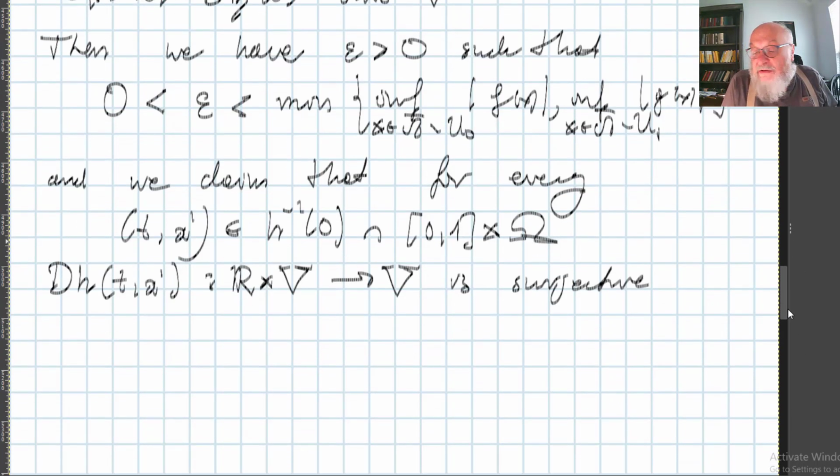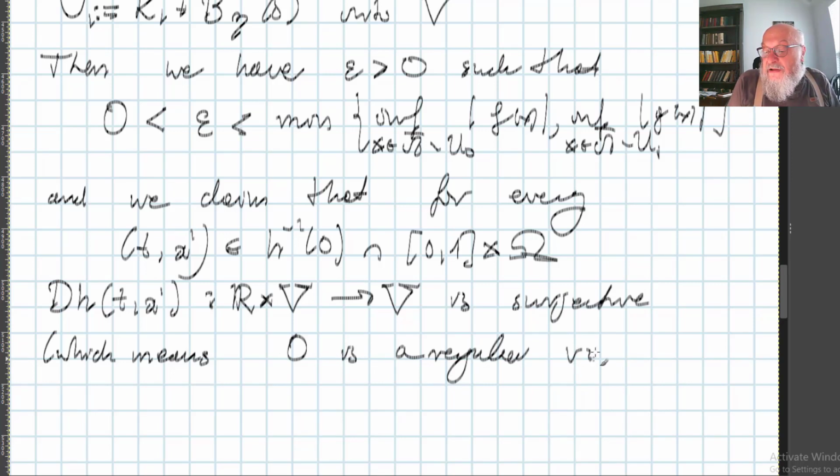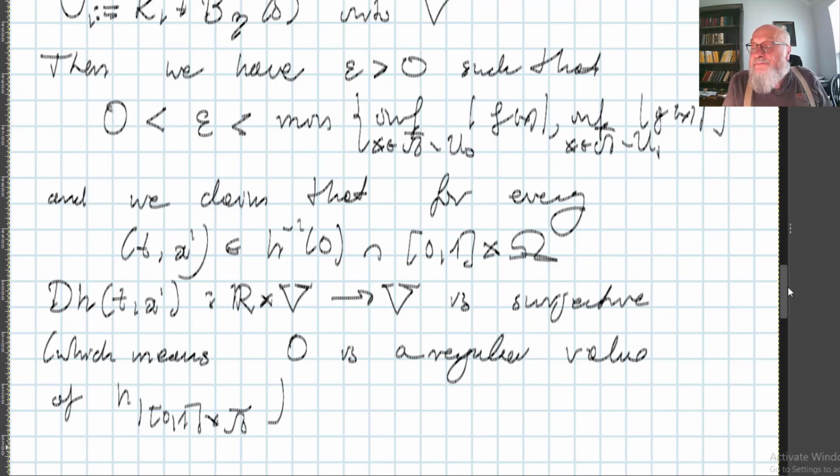Which means, in particular, that 0 is a regular value of h restricted to 0, 1 times omega. Indeed,